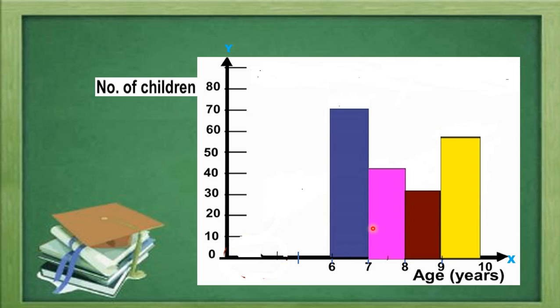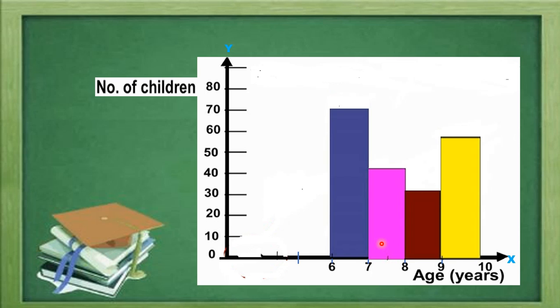That means the same class interval is divided as 6 to 7, 7 to 8. So 7 is coming in both the class intervals, 6 to 7 and 7 to 8. There is no gap between the class intervals, so the representation will follow the same: no gap between the bars. This representation which shows continuous data is the histogram. So now you have the answer to your question: is there any other way to represent continuous or grouped data? Yes, another way to represent continuous data is the histogram.